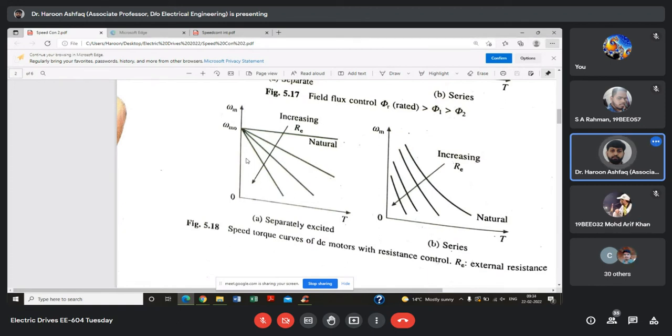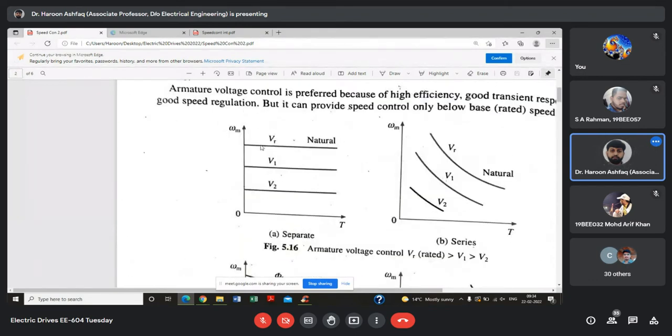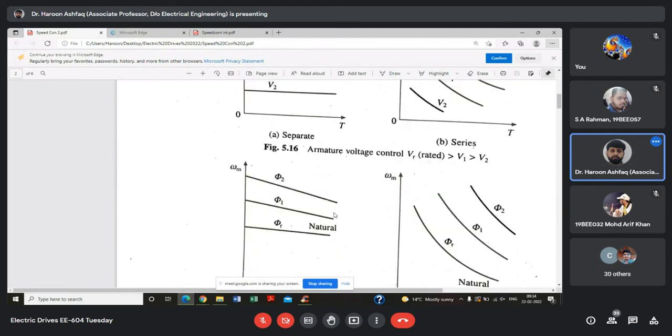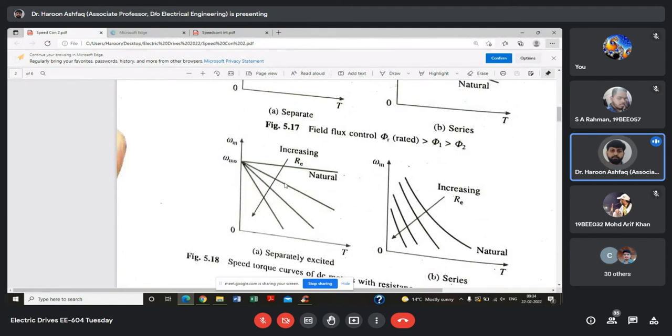In that case, what happens is that the curves become more sharper, and as the value of the resistance in series with the series winding increases, so the slopes of the curves get more steeper, and at last what you find out is that for the same machine, अभी हमारे पास एक मशीन थी, शंट मशीन थी जिसकी एक नेचुरल कैरेक्टरिस्टिक्स थी अभी तक हमारे पास। उसके बाद हमने उसकी इतनी सारी नई कैरेक्टरिस्टिक्स उसमें बना ली।